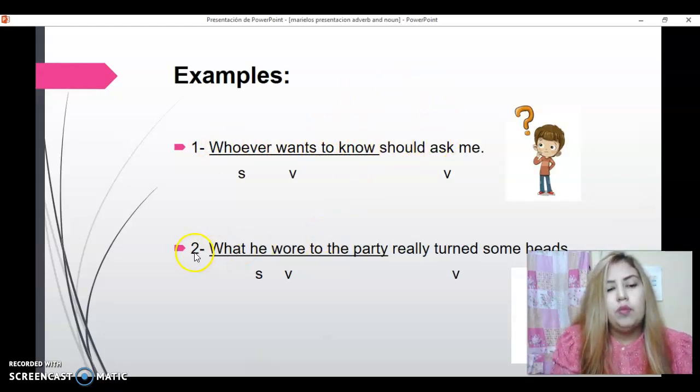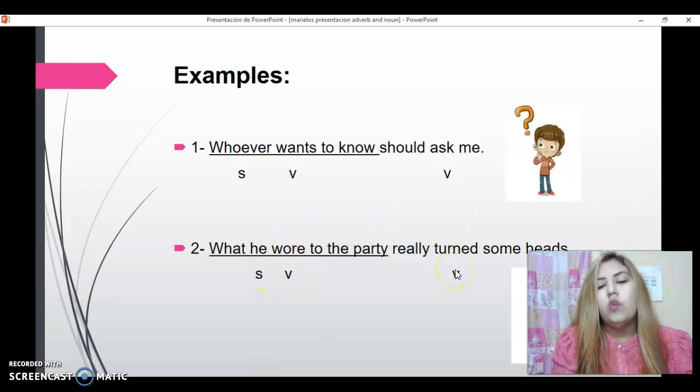The second example says: What he wore to the party really turned some heads. What he wore to the party is my noun clause, and here I have a subject, which is he. Wore is the verb, and here I have another verb, which is turned, and the whole phrase from what to party is my noun clause, and it's also my subject for turned. As you can see, those examples are acting as a subject. Okay,